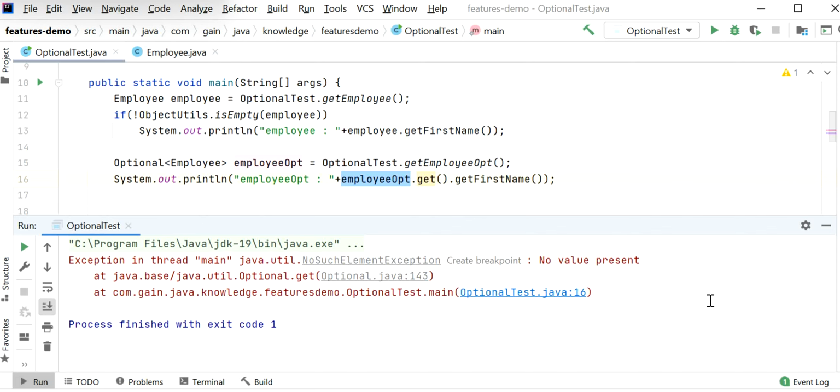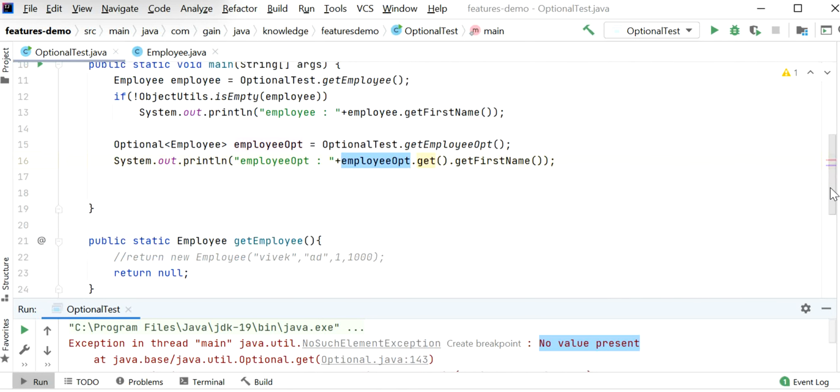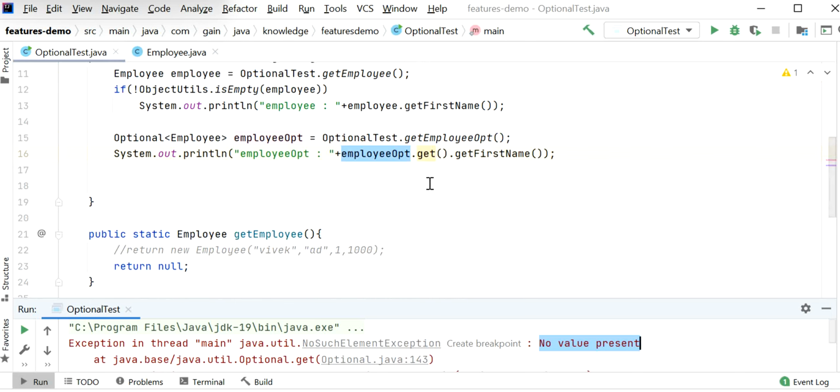Here we can see we are getting "no value present", so we are getting NoSuchElementException in case we are getting an empty object from our DB. So on an empty object, if we are calling the get function and getting the first name, in that case we will get NoSuchElementException.